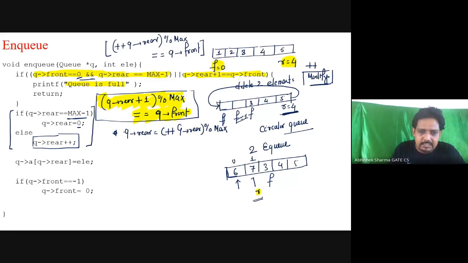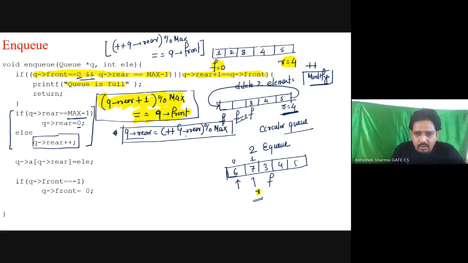What is the idea? First increment the rear and then insert the value. Can I write this statement over here, modulo max? Is it equivalent to these two statements?